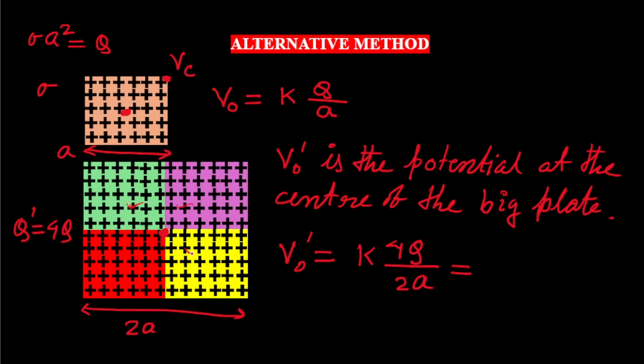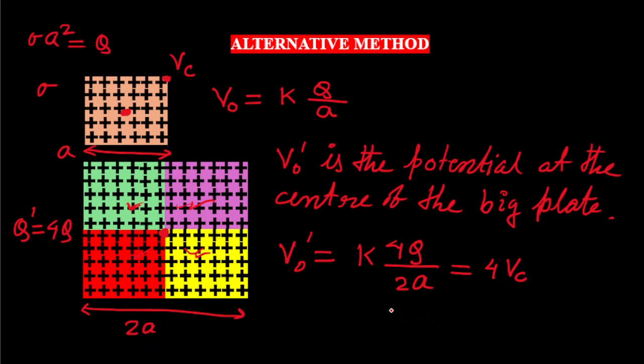This plate, this plate, this plate, this plate, they share this point. And each plate at the corner has potential Vc. So according to the superposition principle, the potential due to the first plate is Vc, due to the second plate is Vc, due to the third plate is Vc, and due to the fourth plate is also Vc. So we can write 4 times